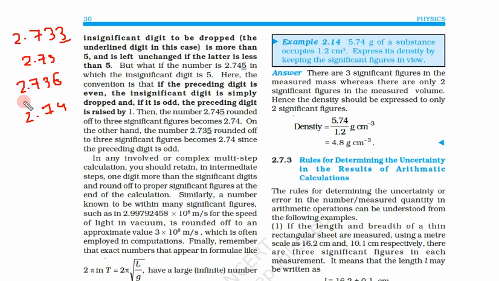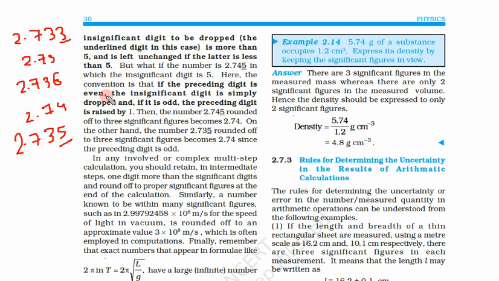Now what is the case if this last or insignificant digit is 5? 2.735. Then what will we do? In this case, the rule of even is preferred. That means if this digit is odd, then we try to make it even. If that is already even, then we will not touch it.